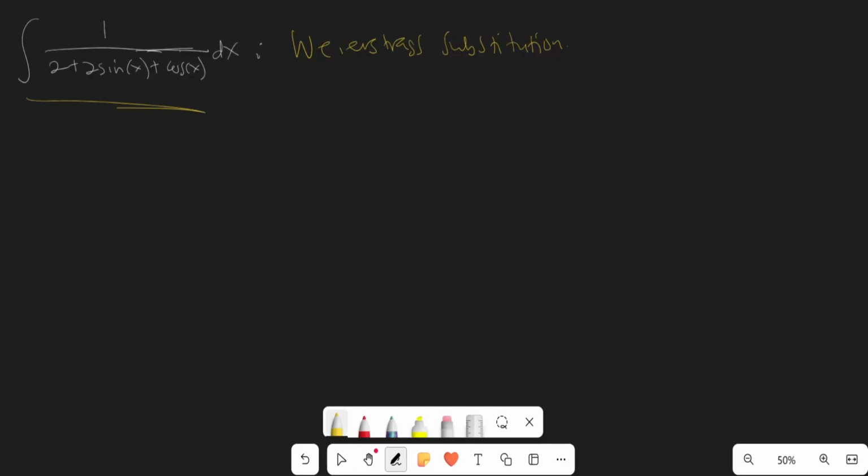So let's see how the Weierstrass substitution works and how it can turn this complex trig function into a very simple rational function that can easily be integrated. So let's do that. So first,